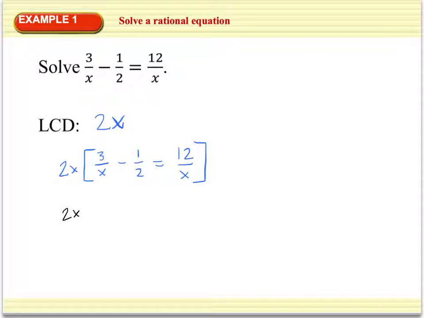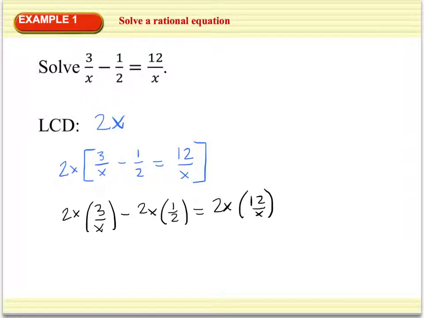So if I go 2x times 3 over x minus 2x times 1/2 equals 2x times 12 divided by x, what I notice is, and let's go ahead and write all of these fractions, these 2x's are really all over 1, so that when I multiply fractions, I see that my x right here is going to cancel out with this x, and that's going to leave me with 2 times 3, which is 6